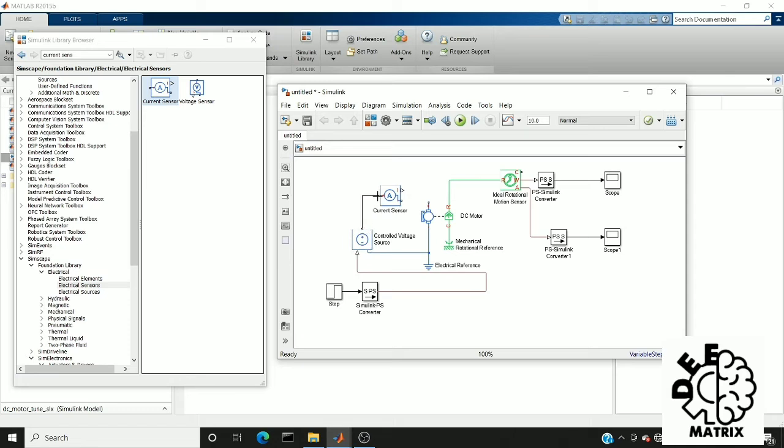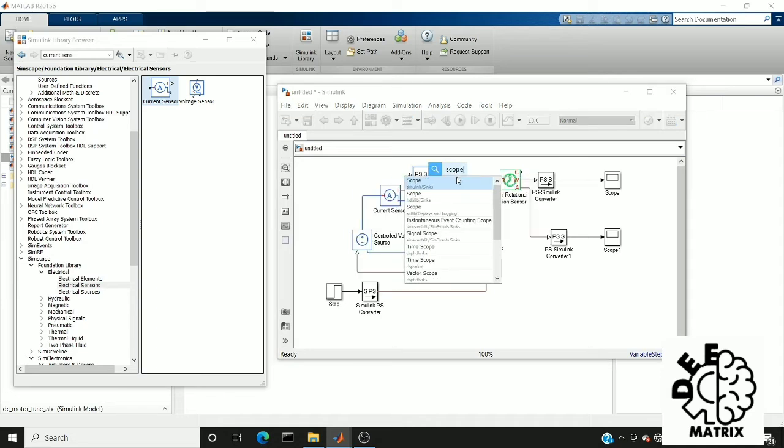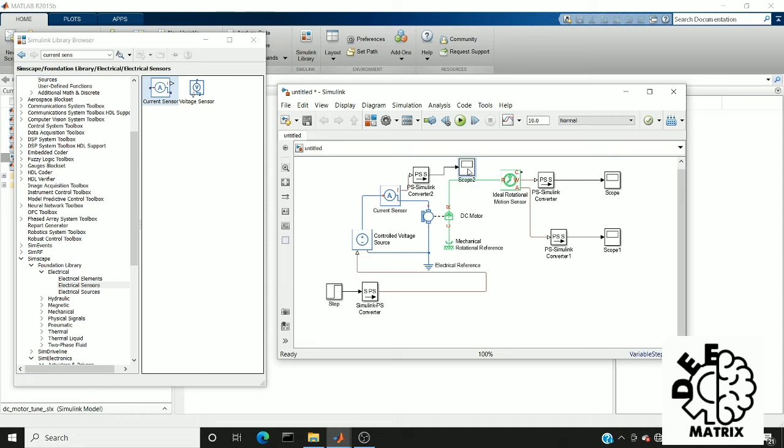I'm connecting the current sensor between the voltage source and the armature, then the PS-Simulink converter, and that to the scope. The most important thing is that we have to connect this C to the ground of the mechanical reference, and also connect it to the solver configuration. So this is our connection.